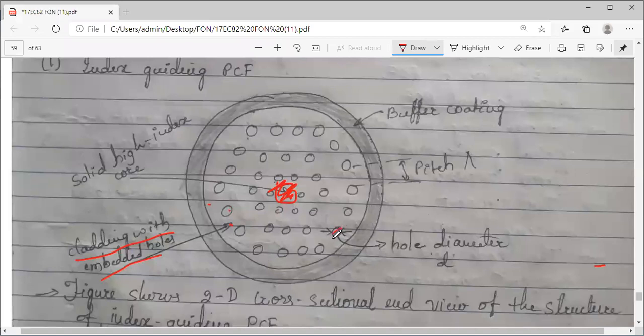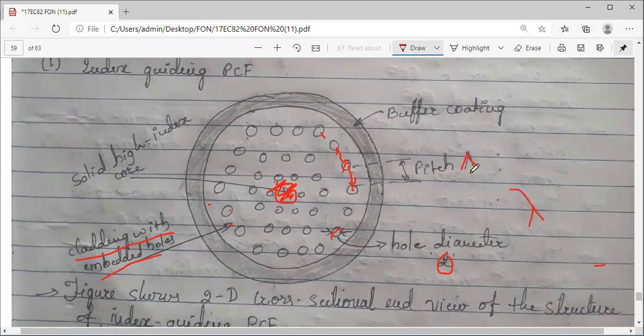You can see each hole has a small diameter d, and the spacing between two equidistant holes is called the pitch, denoted by the Greek letter lambda.